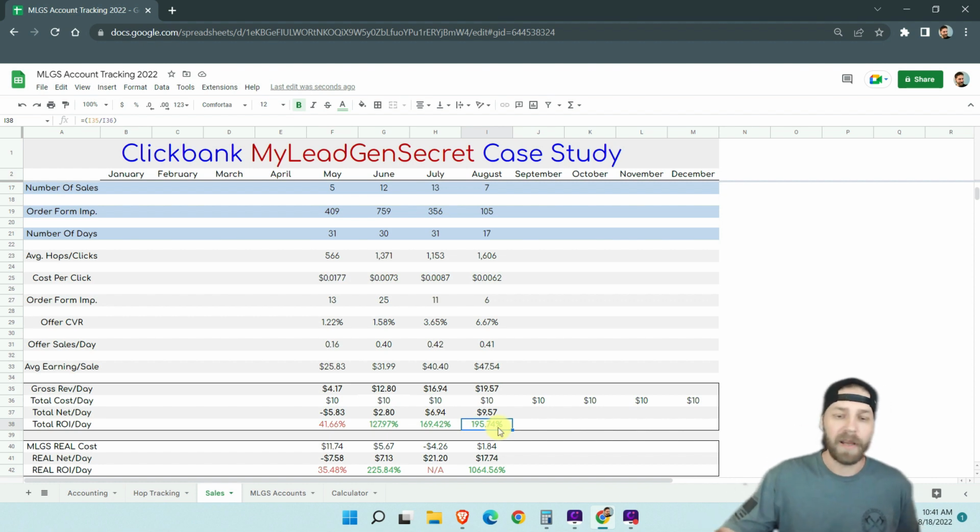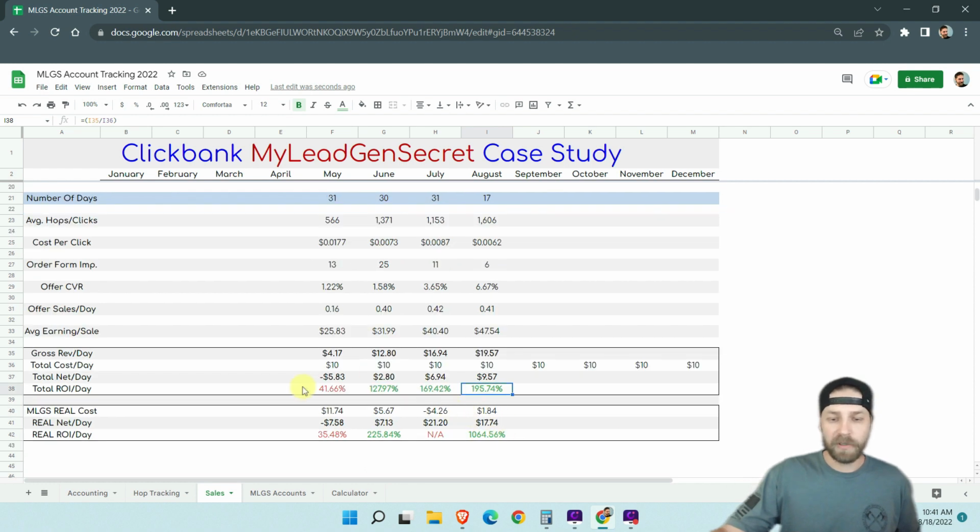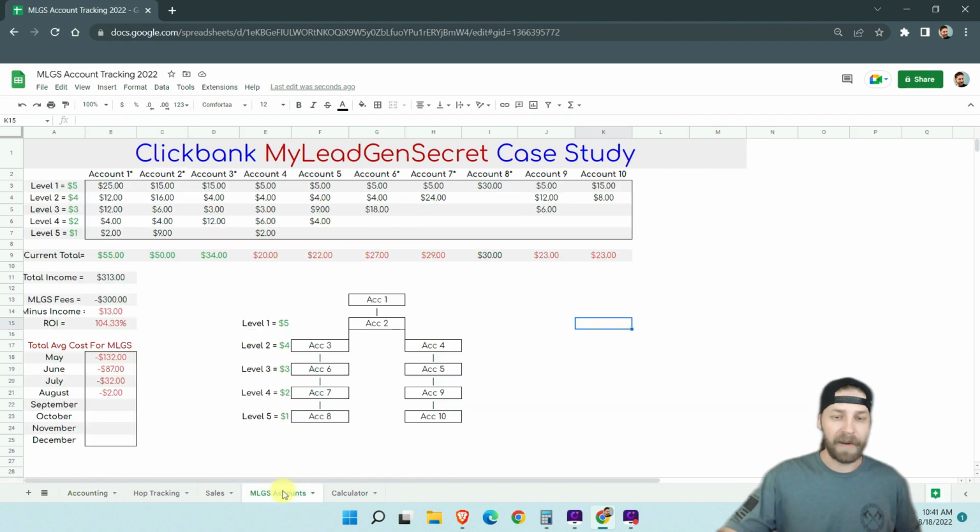I've made a new little section right here that I'm going to explain. In the past video that I made, this was way incorrect, and I've since removed that video. I know this video is becoming long, but I really want you to understand the quality and the value. This is based on real-time data. My Lead Gen Secret does have a 5-level referral program, and I'm able to earn